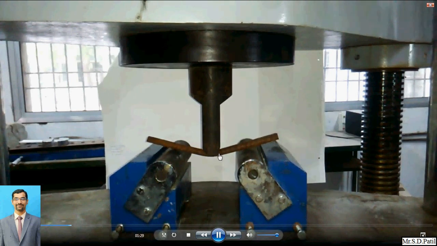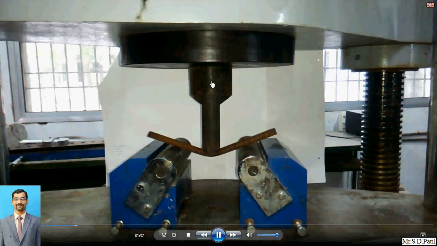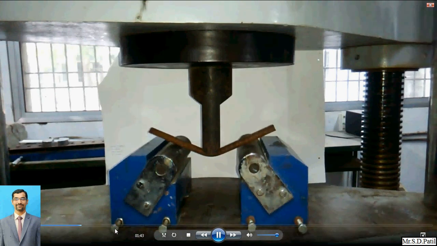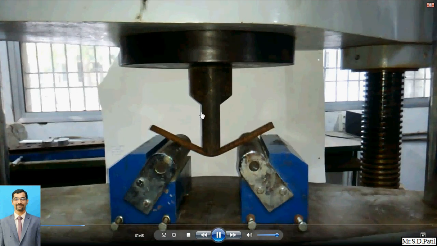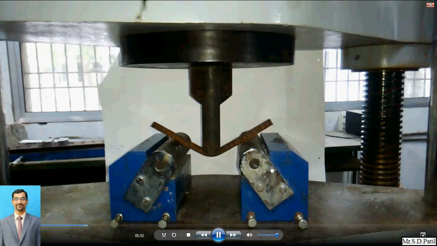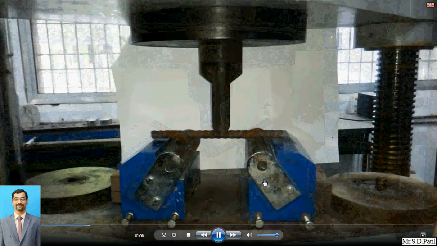Now here we can observe at the bottom side that bending has started. Here we are going to observe how cracks develop at a later stage. These two ends are fixed; nuts have been used at the bottom to fix the support. When any force is applied, this support should not deviate from the surface. So these are very fixed supports.